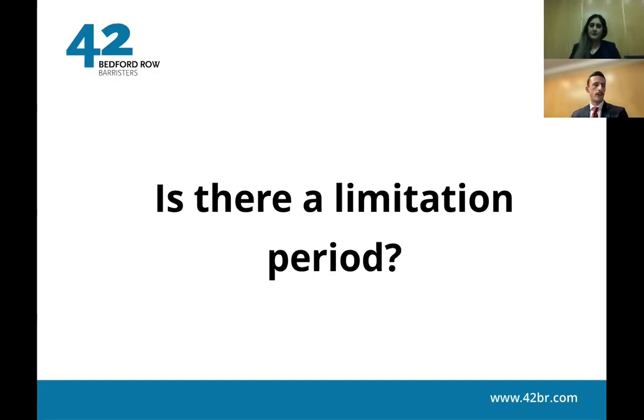But let's stick with the general 6-year time limit. It's important to bear in mind that this doesn't mean that there is a 6-year time limit necessarily from when the damp and mould first appeared. It starts running when the cause of action arises, and that's after the steps that we've gone through already. So has the damp and mould reached the level of disrepair? If it's due to a defect in the premises, has the landlord been given notice, and have they had a reasonable time period to fix the problem? And it will only be at the end of that reasonable time period, if they still haven't fixed it, that the cause of action arises for the tenant, and then the 6-year clock starts running.